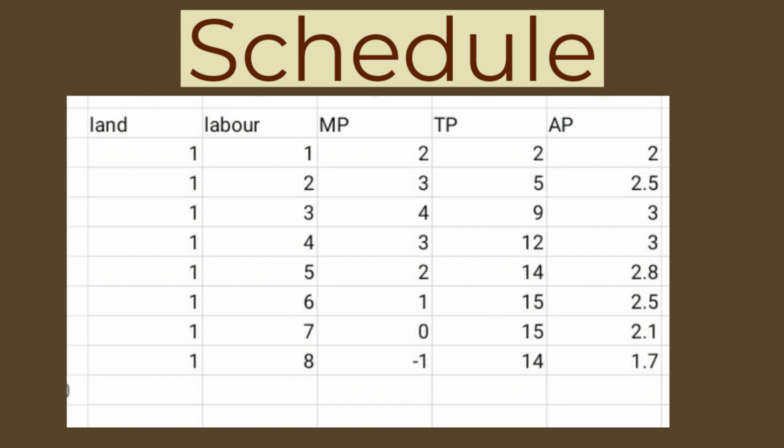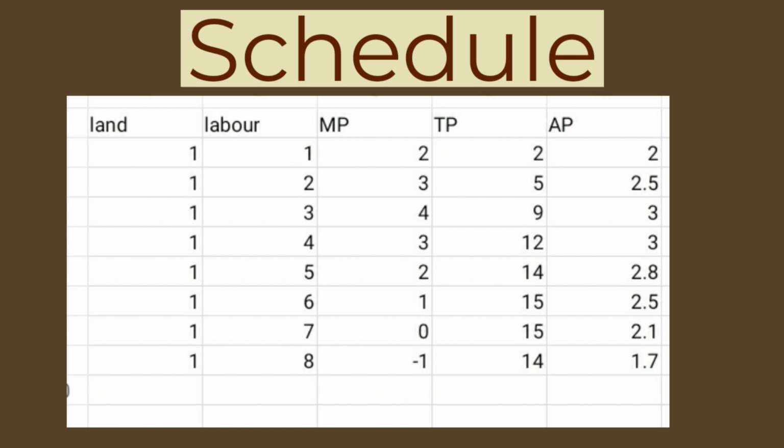It means initially when the MP was increasing, TP is also increasing, but at an increasing rate. And after that, when MP is decreasing, TP is still increasing, but the rate is decreasing. It means the addition to TP is less. When the MP is 0, TP is maximum, MP is 0 and TP is 15. And when MP is negative, that is -1, TP starts declining. From 15 it has become